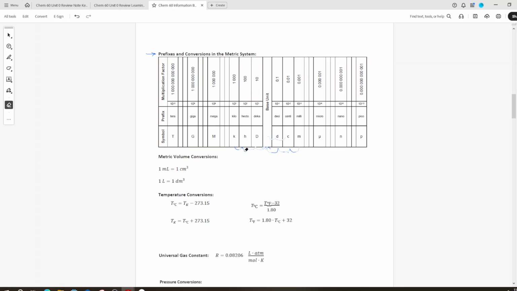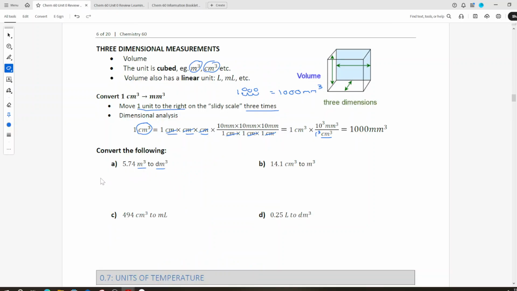So meter is my base unit, and I'm going only 1 unit to the right to deci. So 1 unit to the right is deci, whereas 1 unit to the left is deca, and it's with a capital D. So we are going to little d deci, and it's 1 unit to the right. So if I was to do this using slidey scale, I have 5.74. I'm going to move 1 unit to the right, but I'm going to do it 3 times. So I get 5,740